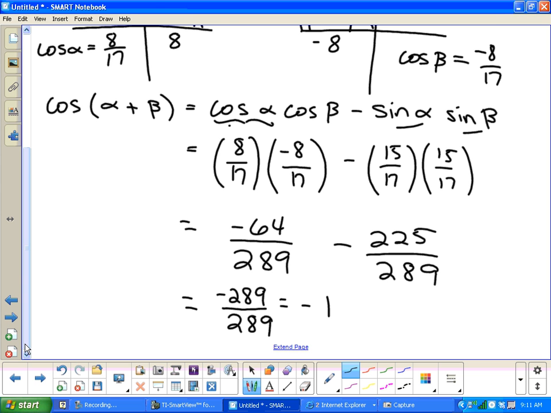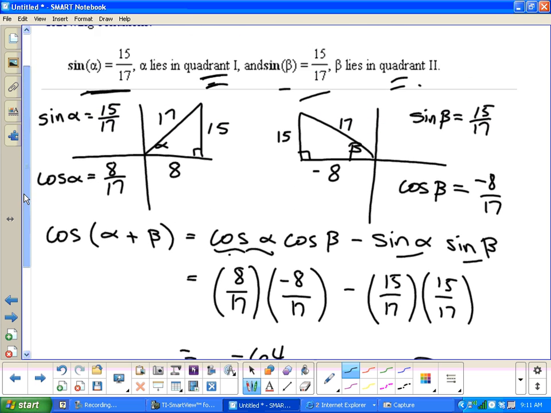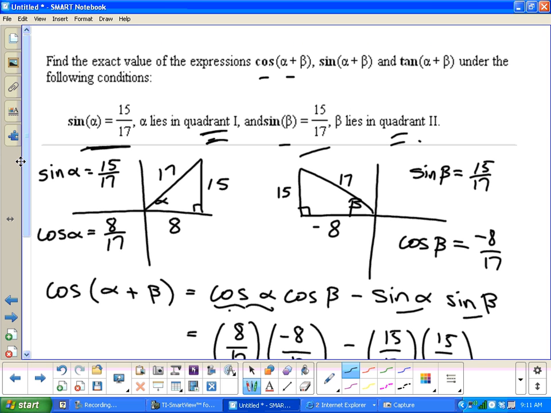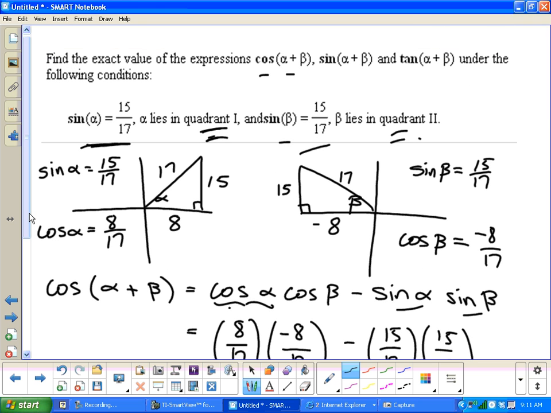Now, that was the cosine of alpha plus beta. All right, what else did it ask me to find? The sine of alpha plus beta. Okay? Now look. So the cosine of alpha plus beta. Now I'm going to find the sine of alpha plus beta. So I think for that, are you the same as some difference when you're using alpha and beta? Right. Okay. So all we're going to have to do is just plug in to the sine of alpha plus